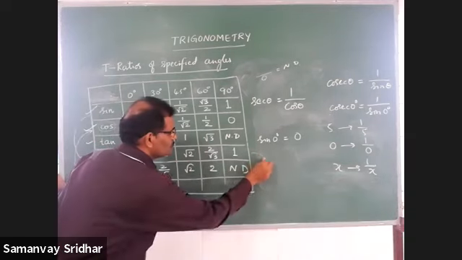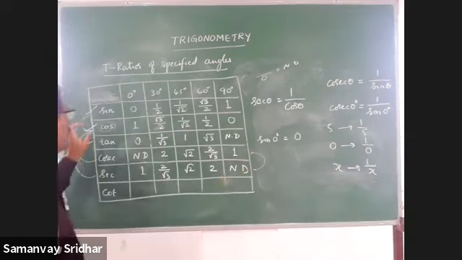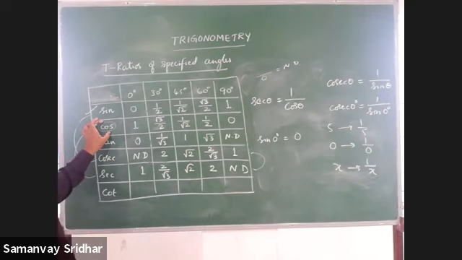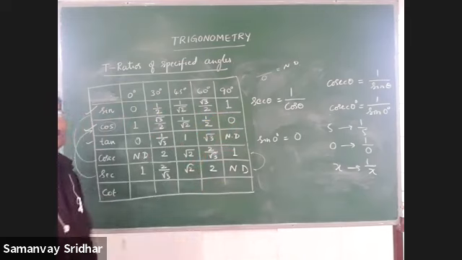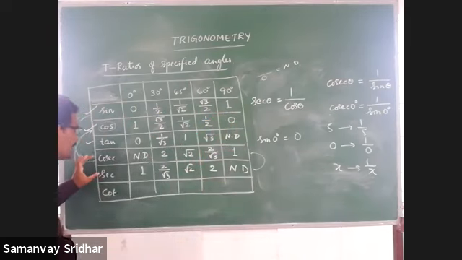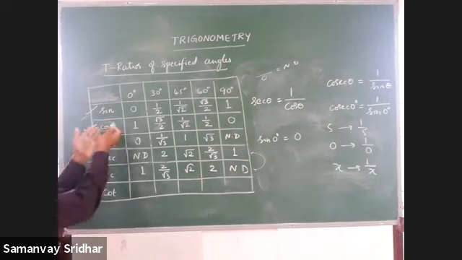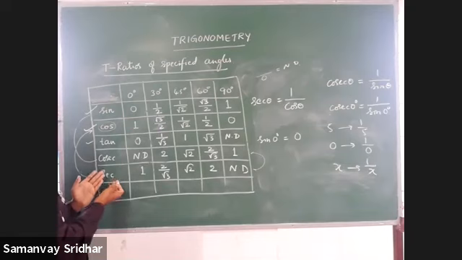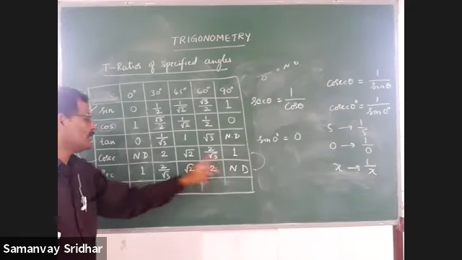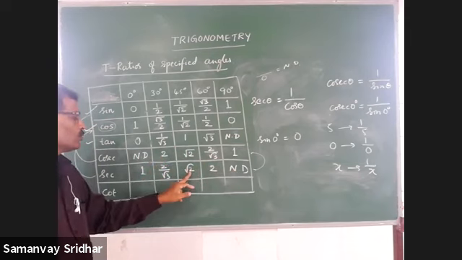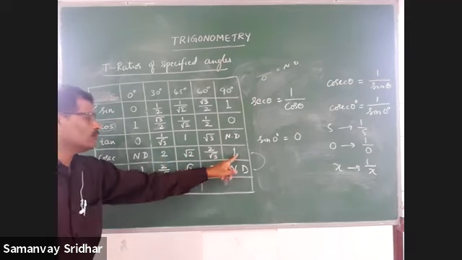Then you do one thing. Just observe these two. How I wrote the cos and the sine: I wrote the sine, and in the reverse order I gave for the cos. The same thing is there in case of cosec and sec. Why? Because cosec and sec are the reciprocals of sine and cos. Whatever the cos will do for the sine, the same thing we got from the sec to the cosec. Not defined, 2, 2, root 2, root 2, 2 by root 3, 2 by root 3, 1, 1.